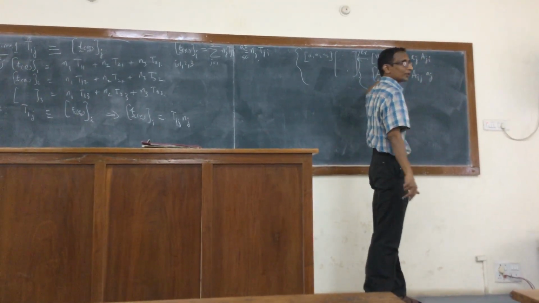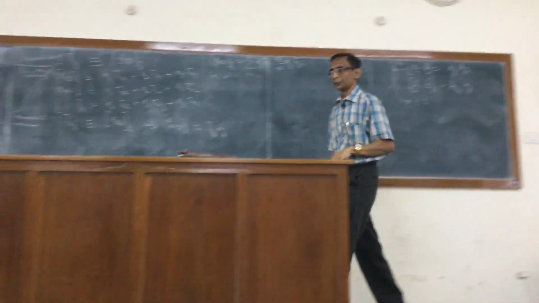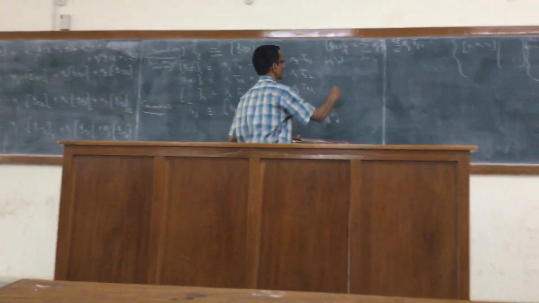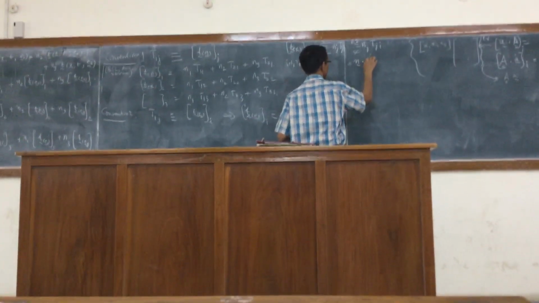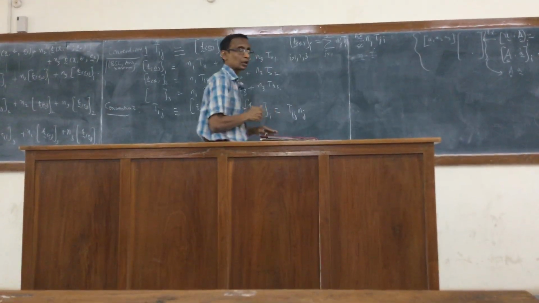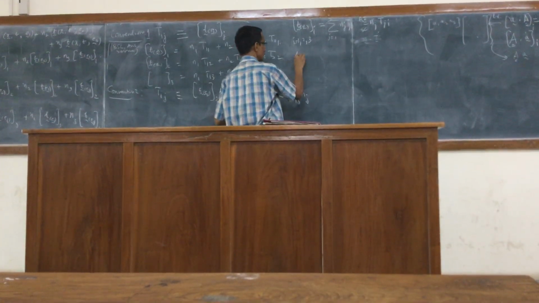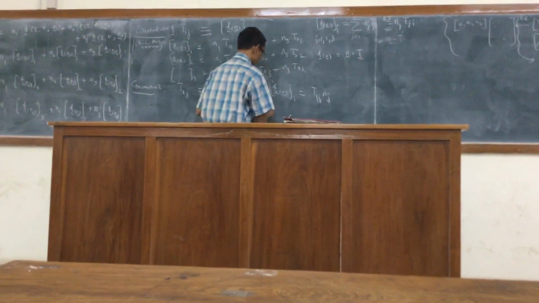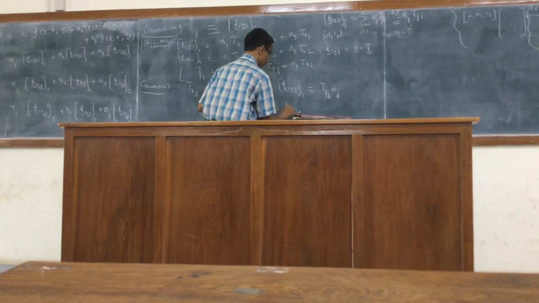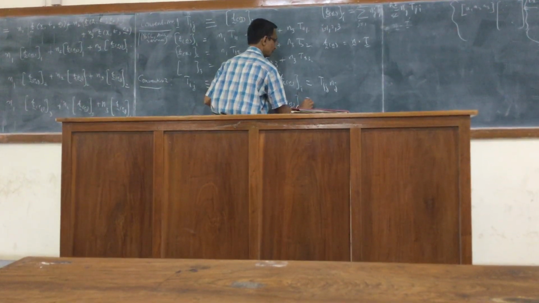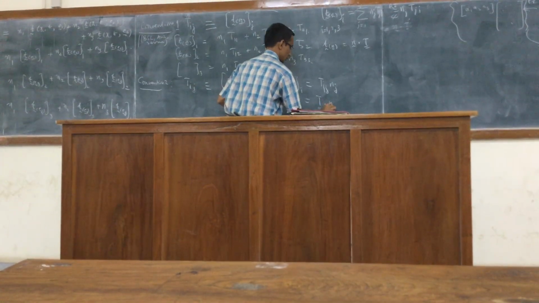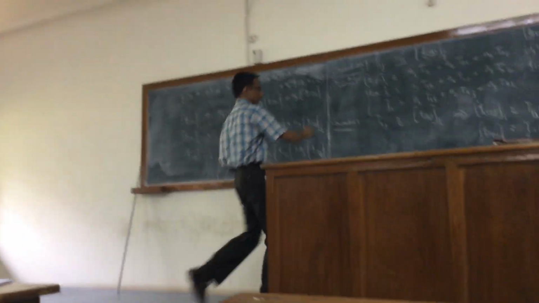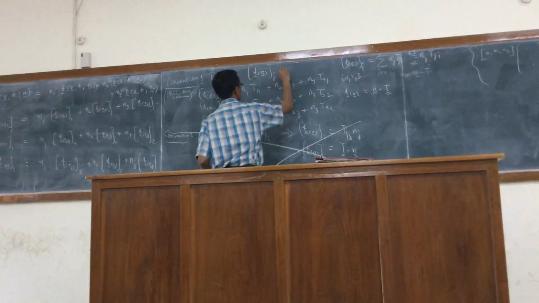So the ith component of this operation is given by this, and I am using j as the summation index in both. Clearly, then this would simply be n dotted with t. So from here, I can conclude that if I choose this convention, then t n is simply t dotted with n. I can write it compactly like this. We are not going to worry about this convention. We are going to do this.